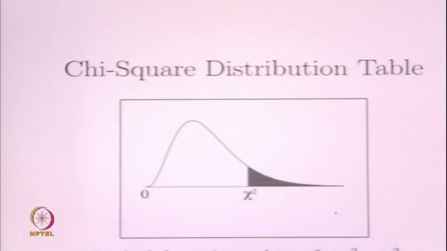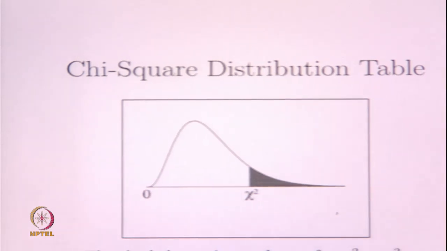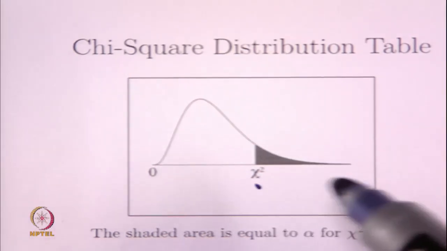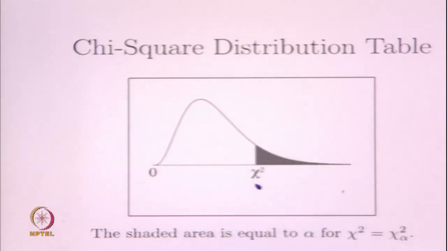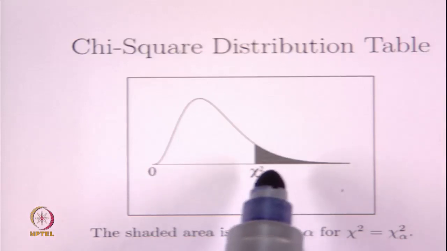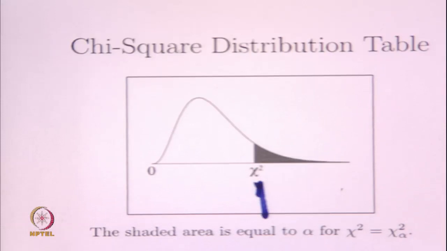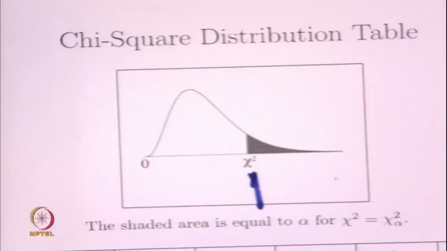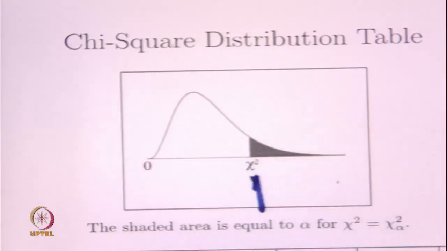If you look, you can see that it is a chi-square distribution table. The values are tabulated for different degrees of freedom, and the values are given for this point such that the shaded area is equal to alpha. That means the probability that the chi-square distribution is greater than this value is alpha, and therefore, when we are looking at a 95% confidence interval, we look at this value such that above it the probability is only 2.5%. Also, we will look at a value here such that above that the probability is 97.5%,